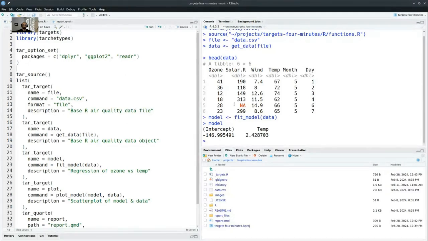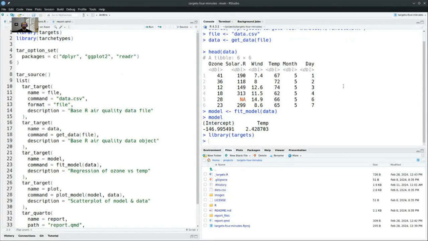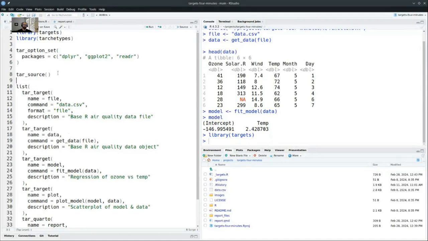There's a function in targets called use targets that creates one. I'm not going to run it now, but if I were to run use targets, it would create one of these files if it doesn't already exist, and it would be heavily commented and would provide directions for what options to set, et cetera. But this targets script looks and feels like you are starting a session and actually running all of the tasks, with an emphasis on the setup part.